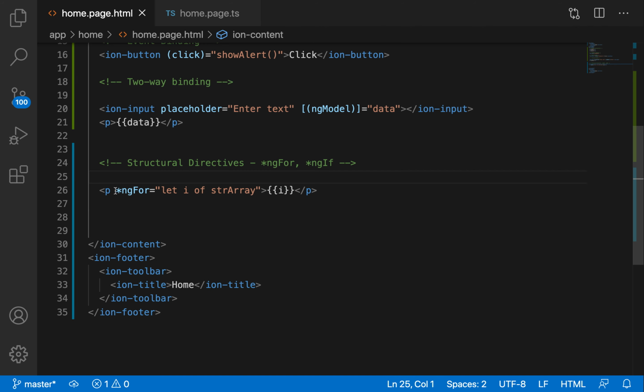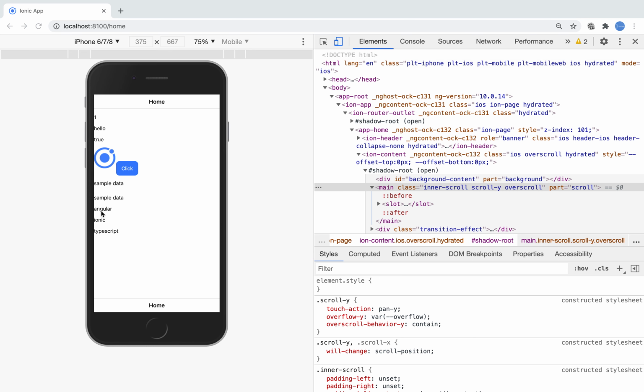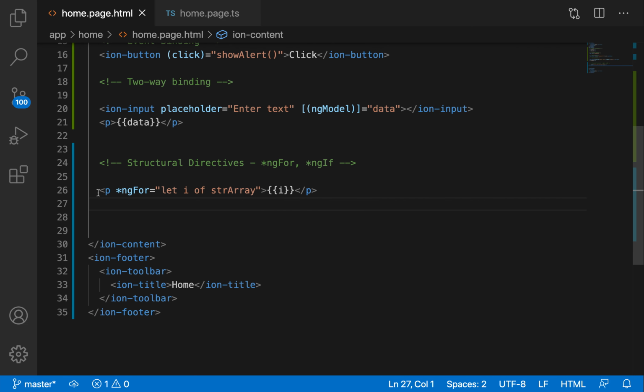This *ngFor will repeat this p tag until all the elements are displayed in the HTML page. Now you can see how it displays the data. From the array, it displays Angular, Ionic and TypeScript inside our HTML page. This p tag is repeated 3 times.